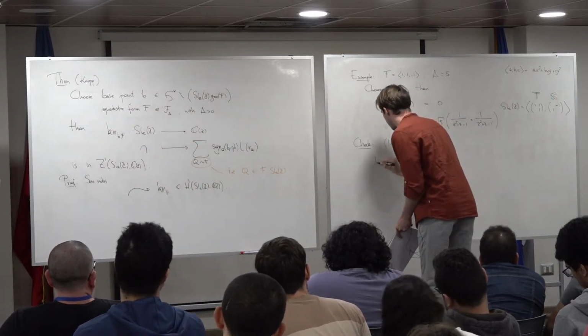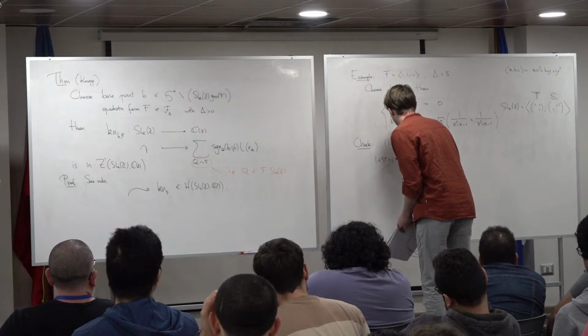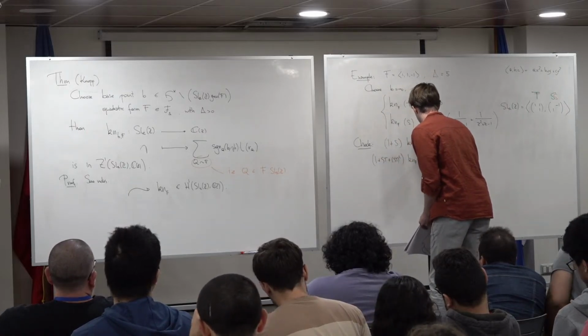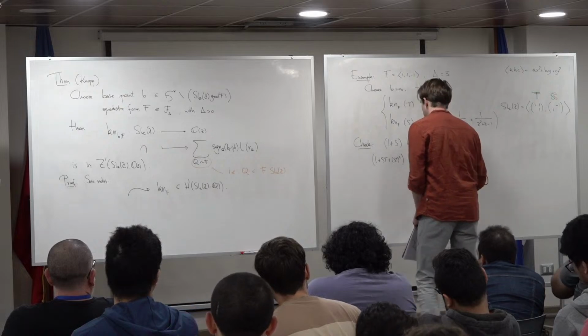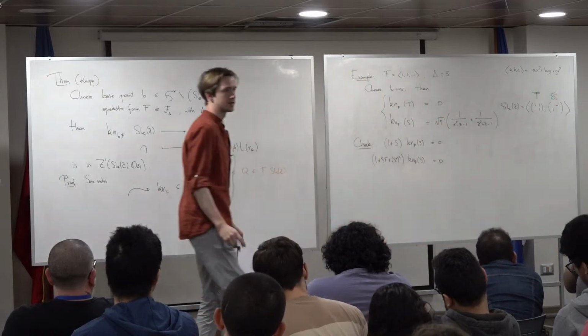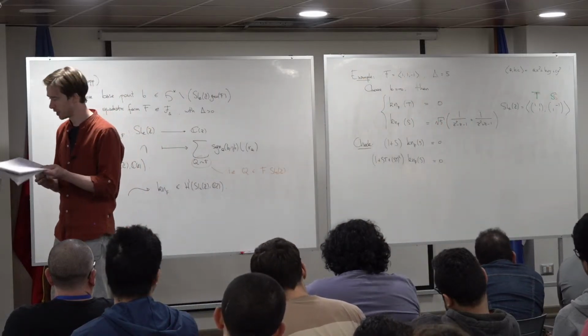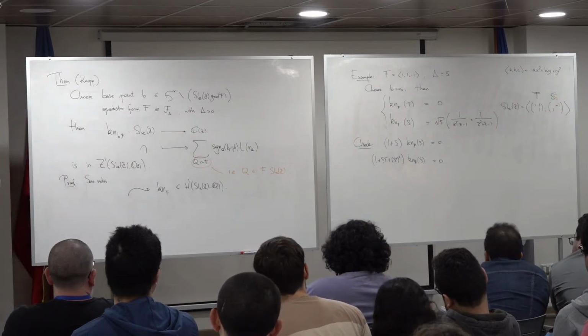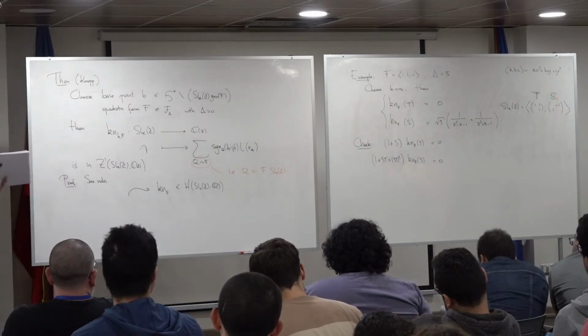And if I do the same with 1 plus ST plus ST squared, then I also get 0. And these are highly non-trivial identities to be satisfied. In fact, whenever you have a function that does this, it comes from a cocycle, and that's key to the classification of these things. All right, so